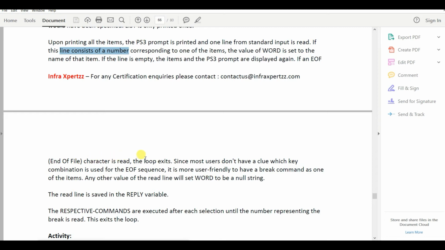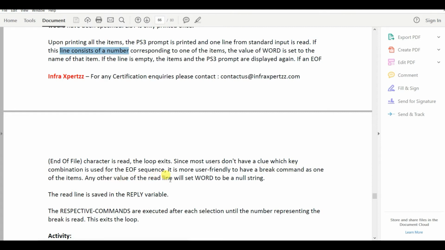If an EOF, end of file, character is read, the loop exits. Since most users don't have a clue which key combination is used for the EOF sequence, it is more user friendly to have a break command as one of the items. As soon as you want to execute or capture something, make sure you break it. Else your select statement will not actually break out of the loop.